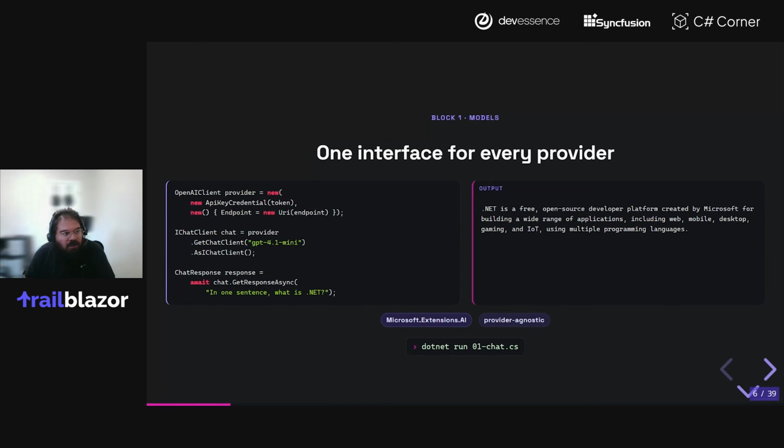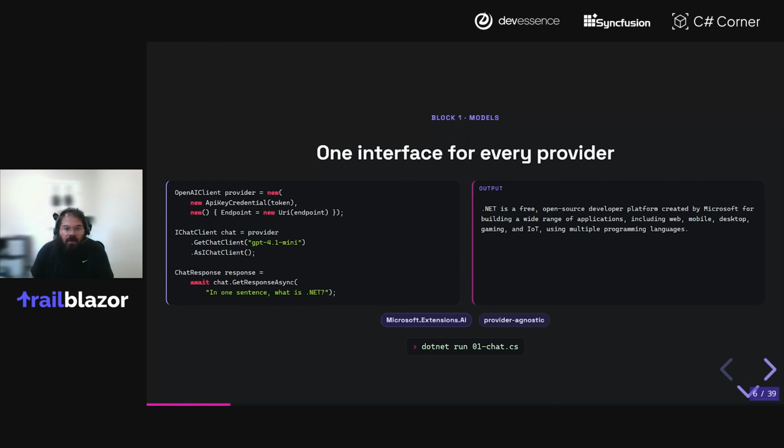Okay, with that, let's start with the chat client, which is the foundation for really the rest of the stack, especially when it concerns talking to AI models. The IChatClient, as I mentioned, has different provider implementations, and that means you can use the IChatClient interface with providers like GitHub Models, Azure OpenAI, Ollama, Foundry Local, and you can use all those through the same interface.